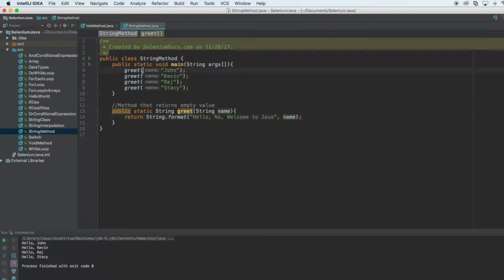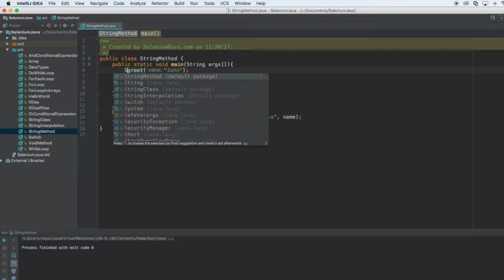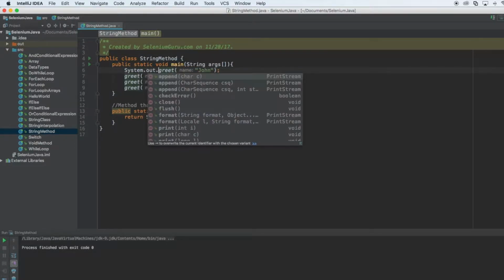Now if I call this method in here, let's see what happens. Now you see here, I call this method, and it's not printing anything. When I call greet John here, it returns the string, but it does not print the output because we do not have code that says to print the output on your computer. It's saved in your computer memory for each line of code, but it's not printing it out for you. So if you want to print it out, you're going to have to do System.out.println